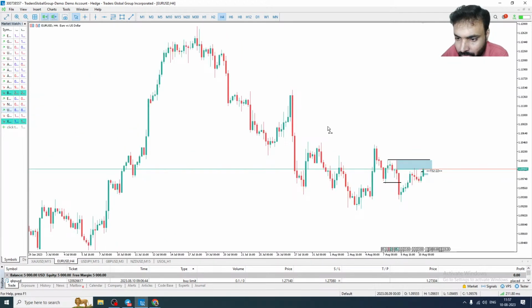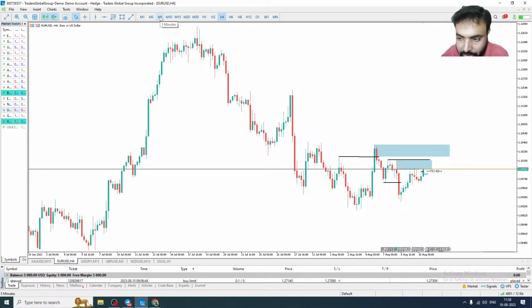Okay, and if I zoom out a little bit, you can see here there is a breakup structure, right? Before that it was breaking the lows only, breaking the low, breaking the low, breaking the low. So there is a break to the upside, then price fell down, went above, and broke to the downside. So this is still a manipulation candle, because it's broken upside and broken downside, right? So this is still the level where you can again look for a selling opportunity. But let's see how it goes.